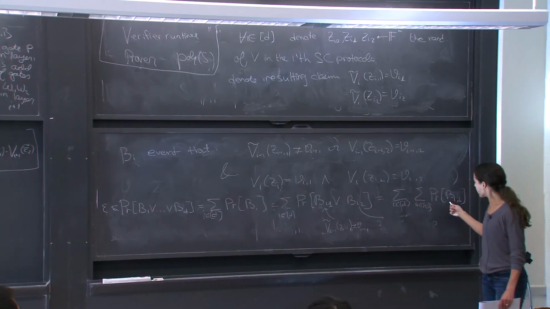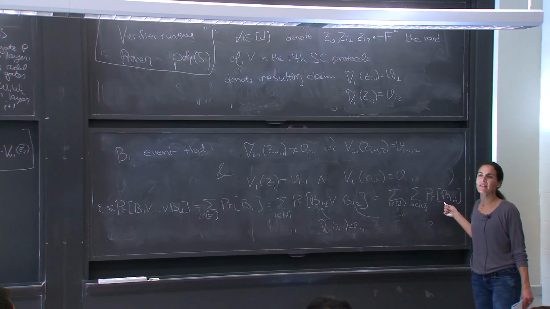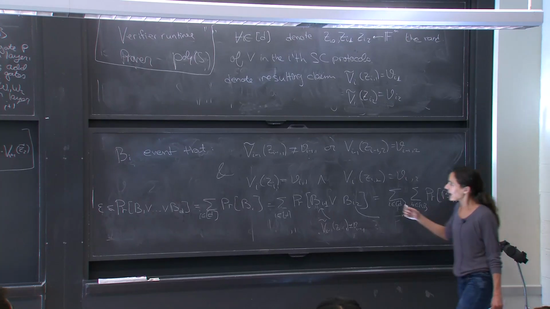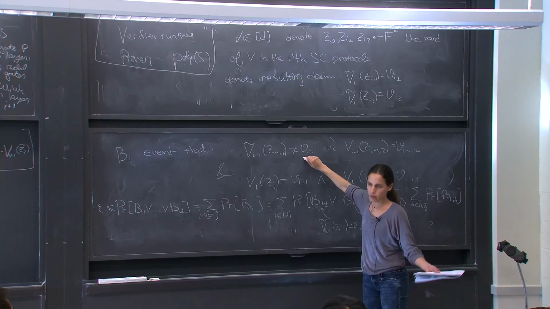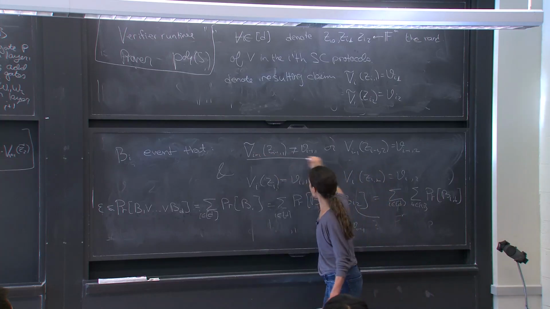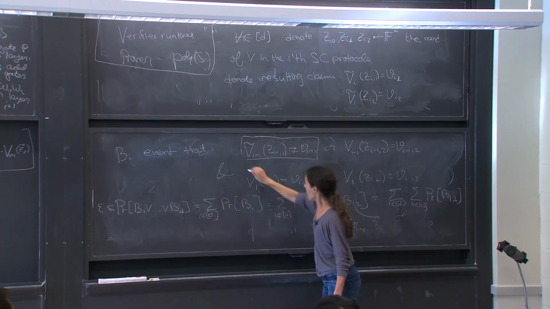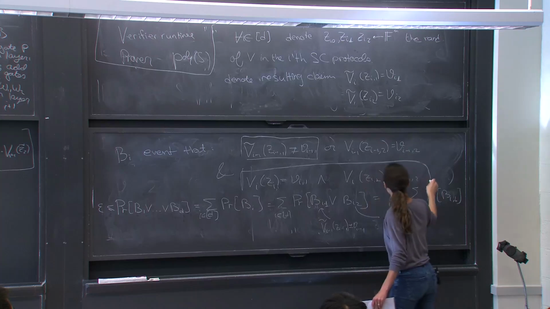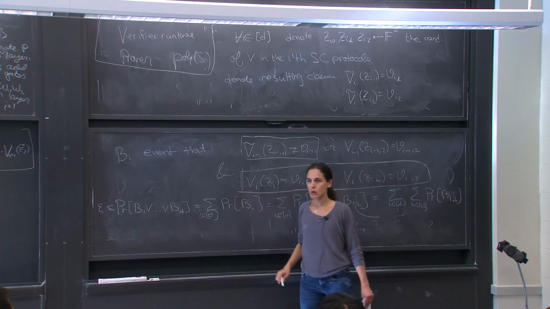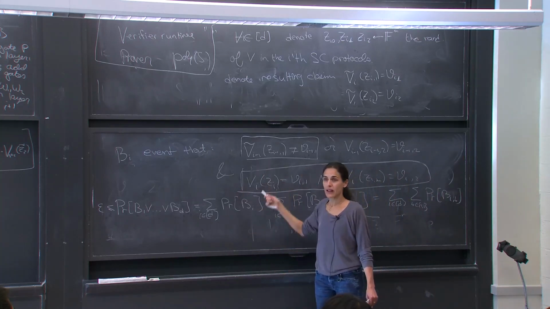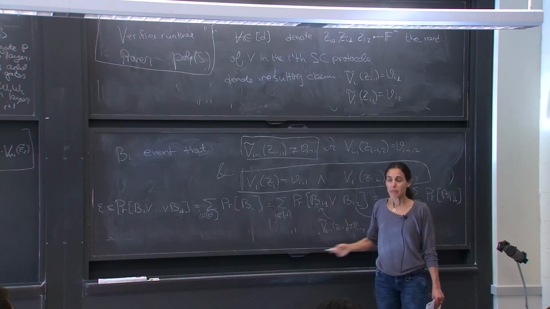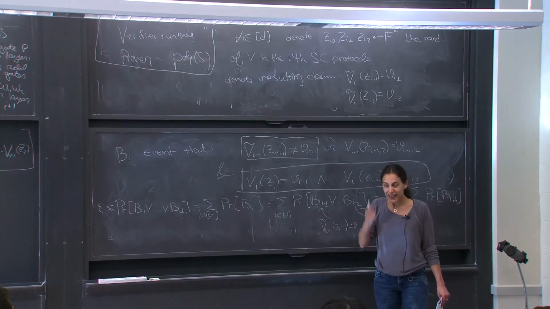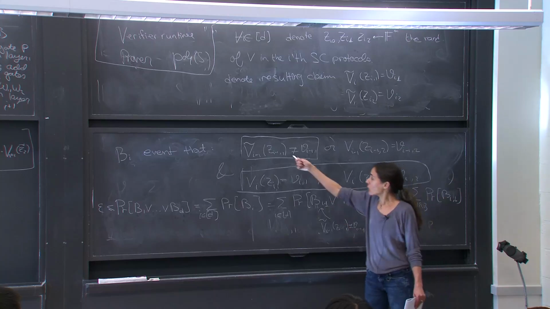Now, let's look, what is the probability of BI? What is this bad event BI? Let's think of BI for i=1 for simplicity. This is false, but the layer below is true. If this is false and the layer below is true, it means that he cheated in the sum-check protocol. This exactly means he cheated in the sum-check protocol, because he managed to start with a false claim in the